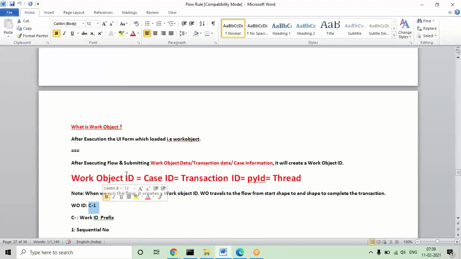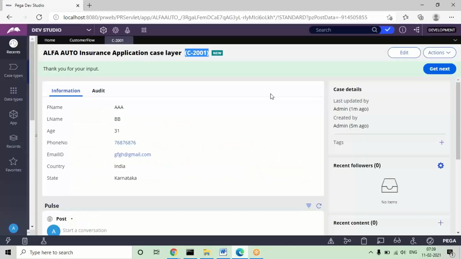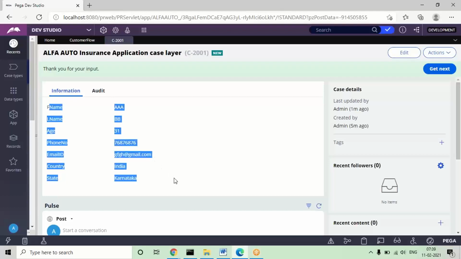That is called the work ID, case ID, transaction ID, or pyID. I use any of these terms because in different places you'll see different terms for the generated ID. The information you see after submission I can call case information, work object information, or transaction information. Now, what happens to the information we submitted for the fields, and where will it be stored in the server?